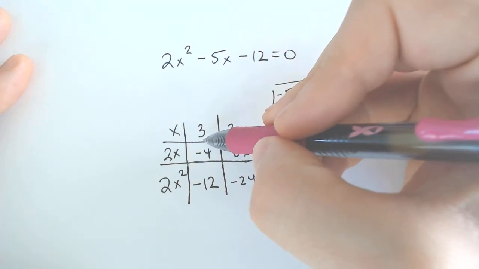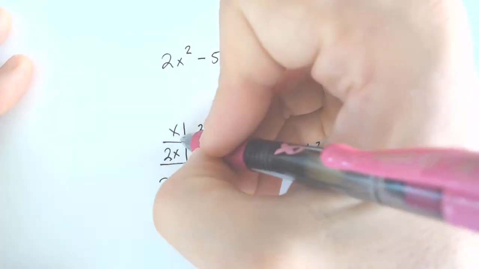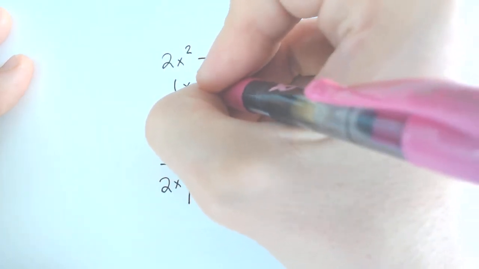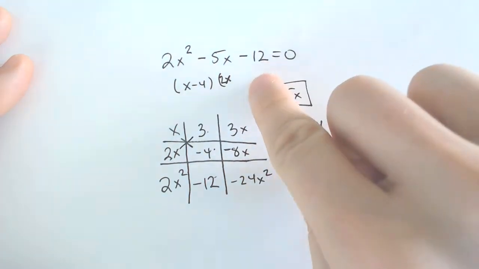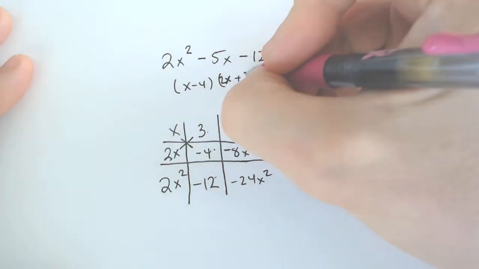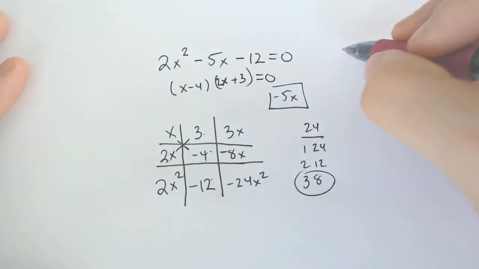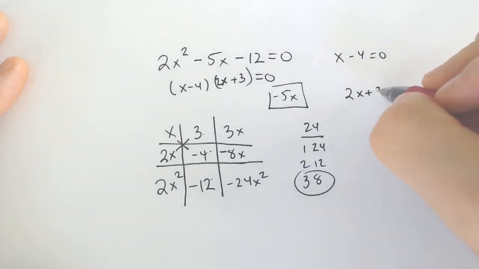And you got your hidden feature here. 3 times negative 4 makes negative 12. It's like a built-in check your work. The crisscross is your factors. We got x minus 4 and 2x plus 3. Those may be your factors, but your solutions happen when you set each factor individually equal to